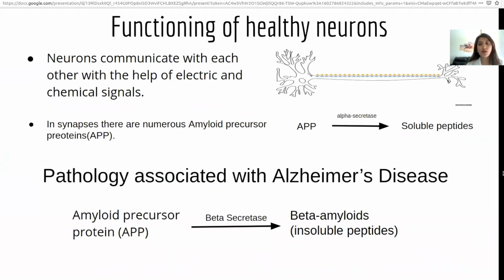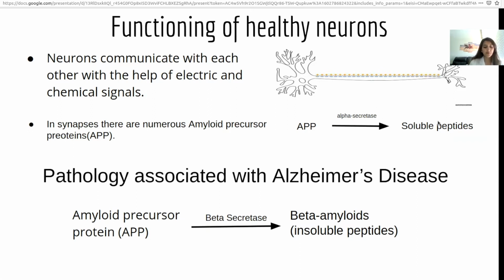So, what is the functioning of normal healthy neurons? Neurons communicate with each other with the help of electrical signals and chemical signals. The information is received by the dendrites as electrical impulses, and it is passed along the axons to the axonal terminals, like over here. And from there, the neurotransmitters help in transmitting the impulses from the terminals to the neighboring neurons. In the synapses, there are numerous amyloid precursor proteins, which are usually cleaved by the alpha secretase to